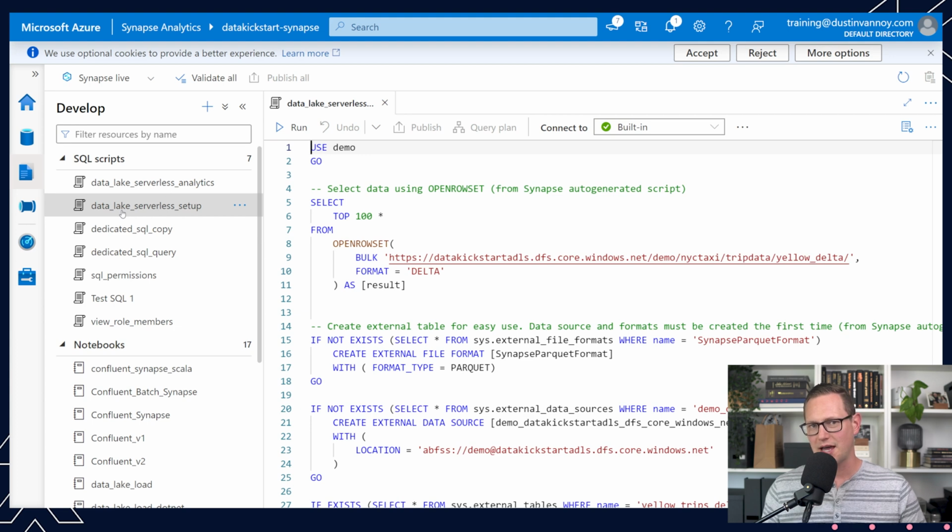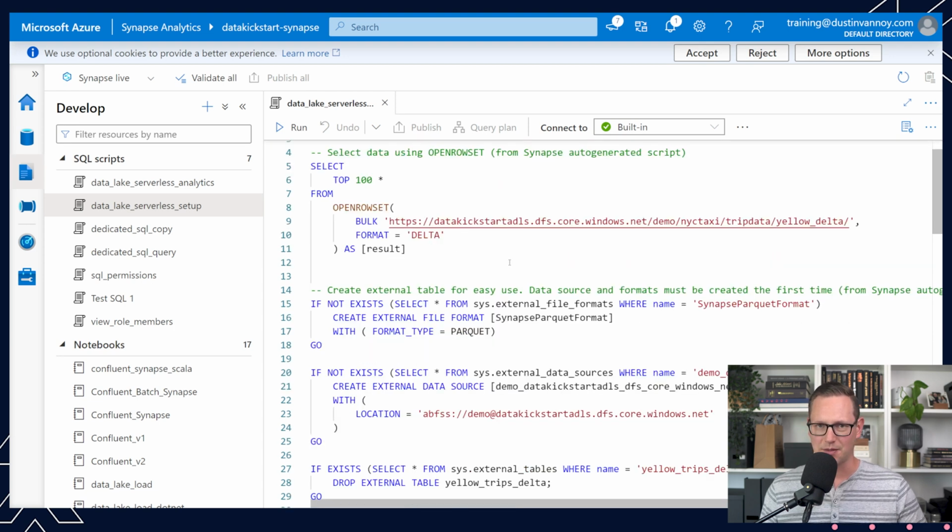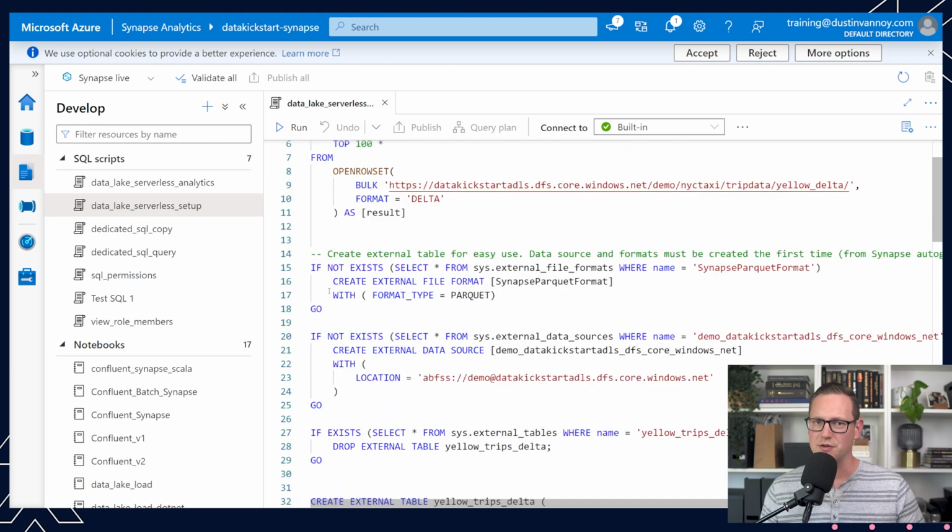Without going too deep into how this all works, because I really think those are better for deeper dive sessions, just a quick glimpse that I can pull open a serverless SQL script. This is my setup script where I'm going to first just test out the data with OPENROWSET, and that's a valid way to query data with serverless SQL. You'll need to make sure there's credentials if required for your location, and then set a format for what you're querying. The other way, though, is actually to create external tables so that they'll show in the Data Hub,